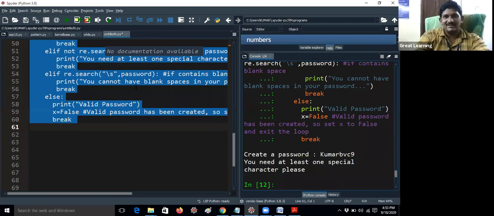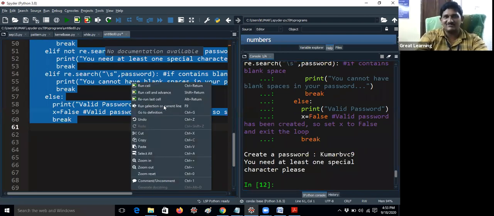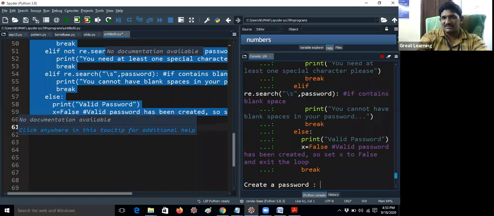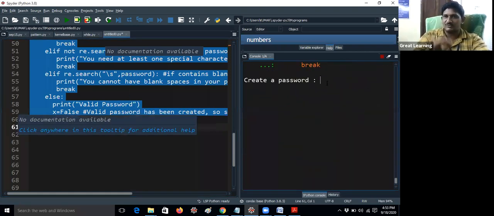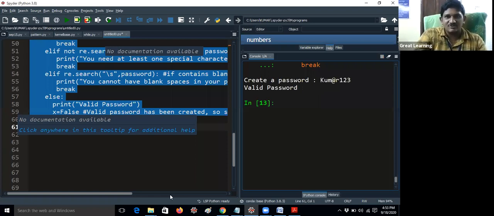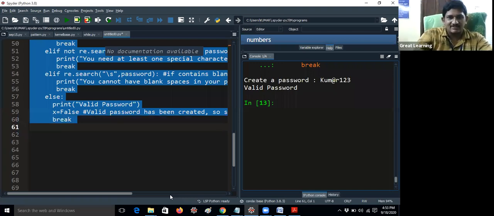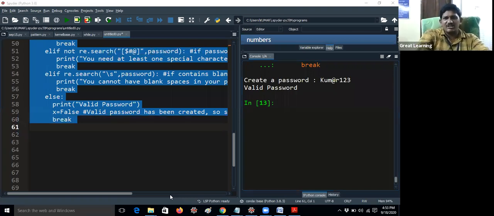Now I will run the same program with all the possibilities, the basic password requirements. Whenever you are having a bank account, the password should have all the characters and small letters and everything. So I would like to mention this code. If you want to execute this code, I will send it in the chat box, guys. I don't want to share this in the notes, so I'm just sending it here.